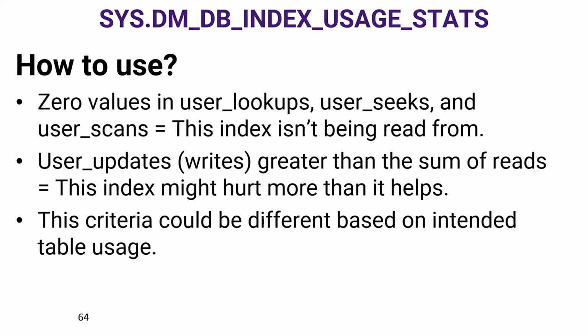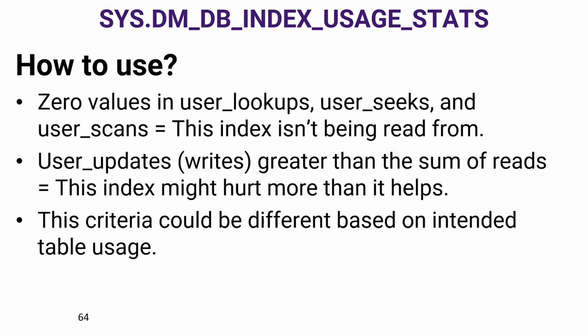Ideally, indexes should have very high values in the read columns, higher than the user updates column, right? So this criteria could be different based on your intended table usage, but for sure, if you see 0 values in the user lookups, user seeks, and user scans columns, and millions of user updates for that index, you know you've paid the penalty for that index millions of times, and that index has not been used by queries for beneficial purposes, right? And so then you could drop that index, which is why I led with the caveat